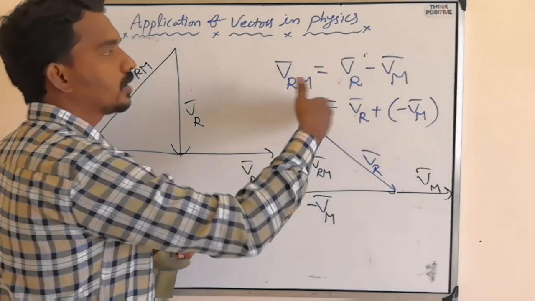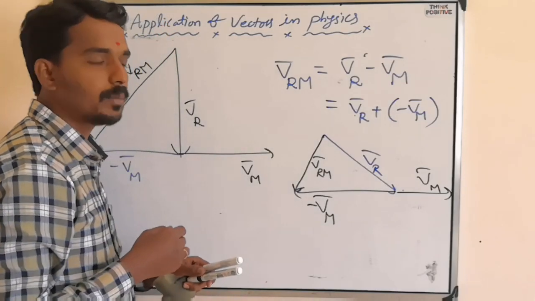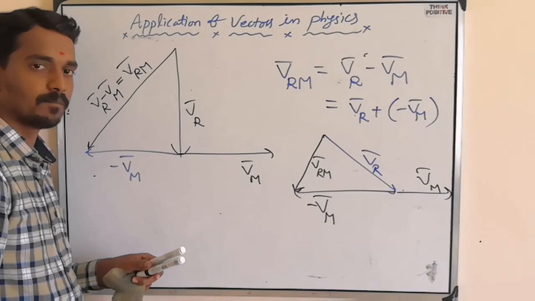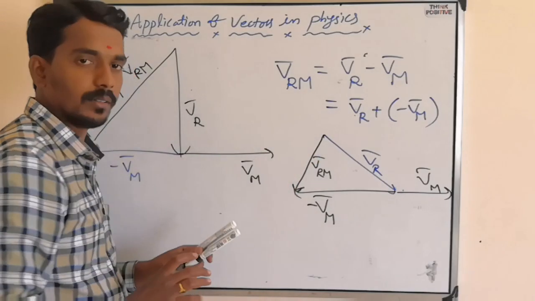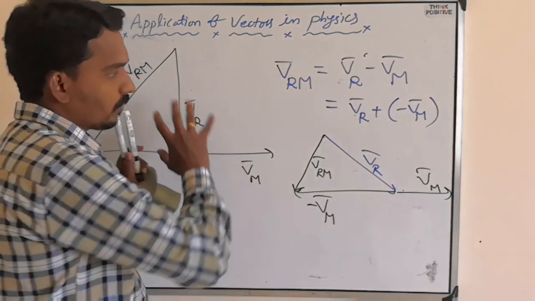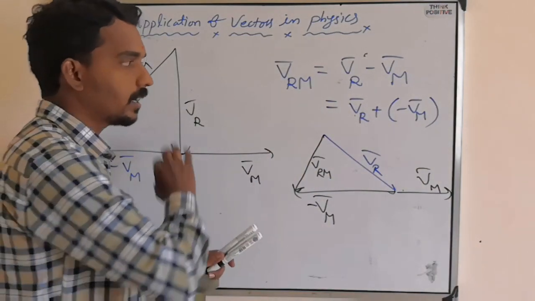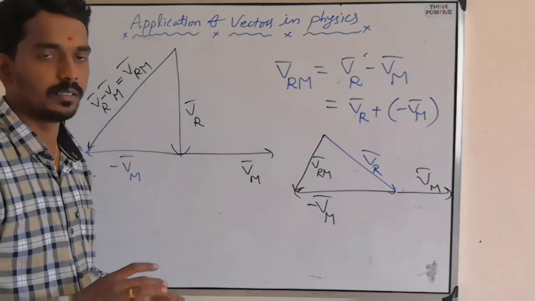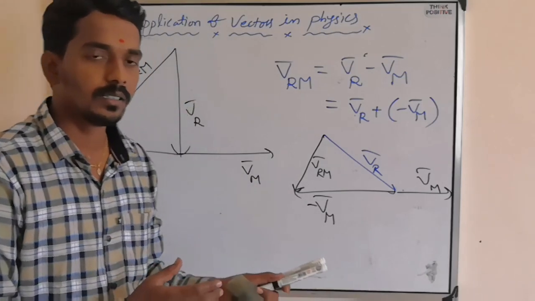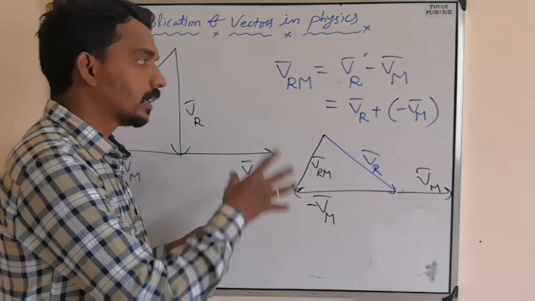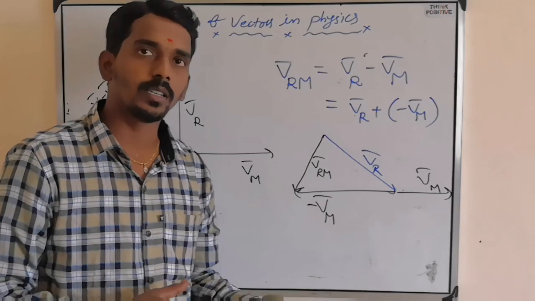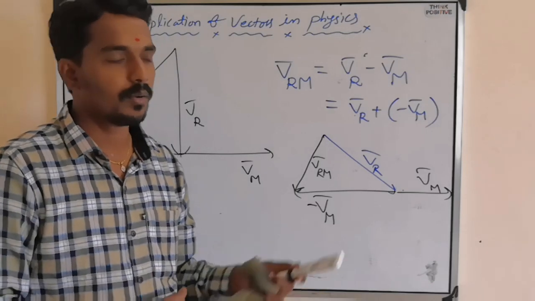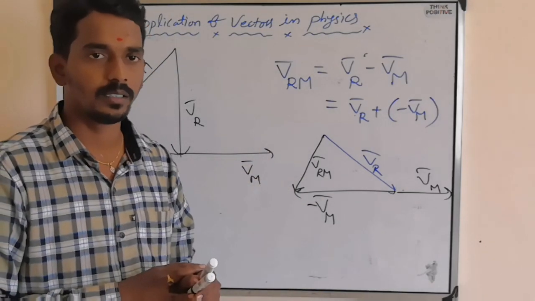And that you can understand using the relative velocity concept, which is nothing but addition or subtraction of vectors. See, here I just gave one example. But in motion in a plane, there is one particular topic, river boat and rain man. That thing you will study in detail in that chapter. But to make you understand, I gave this example, that in the relative velocity concept, whatever questions or numericals or concepts there are, you can understand only using vectors, right?